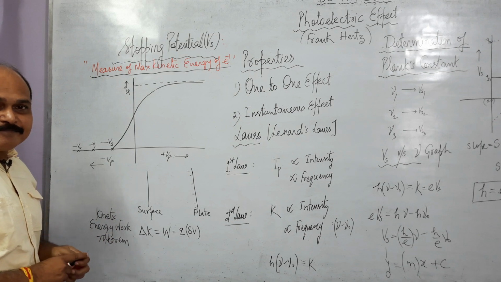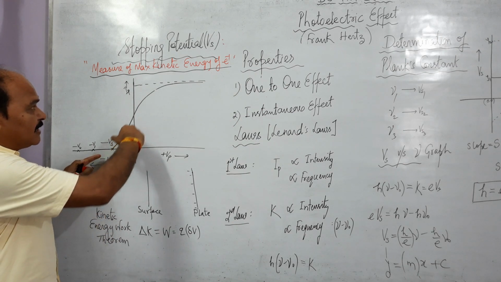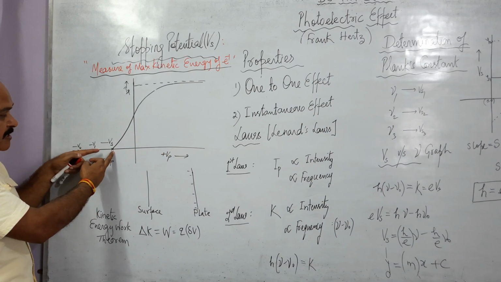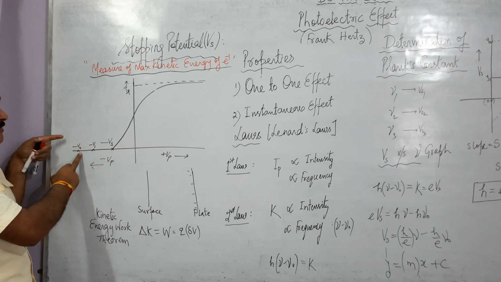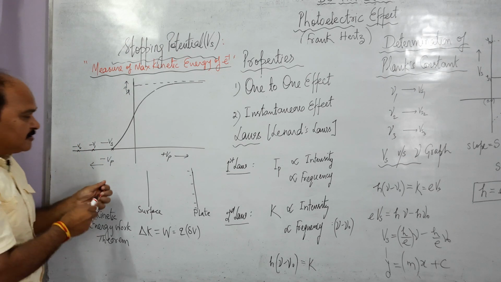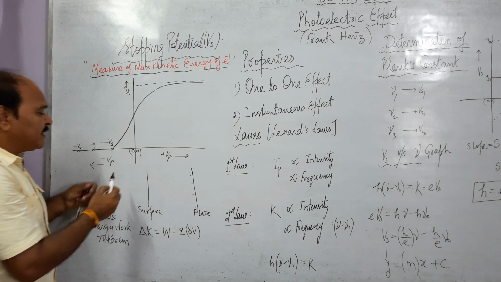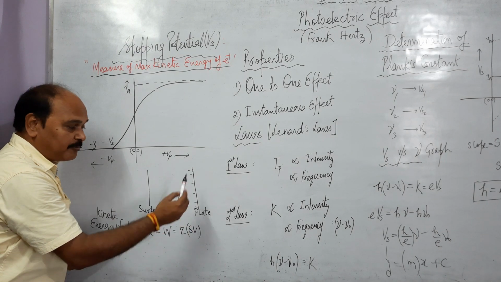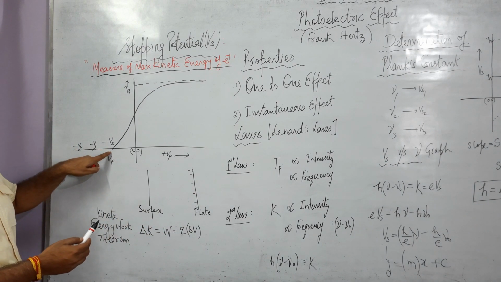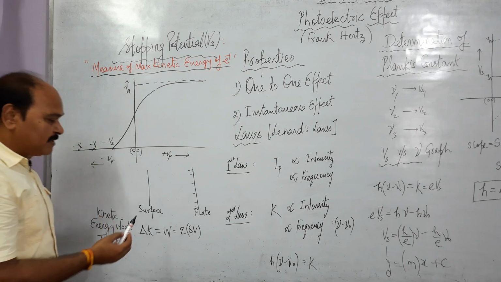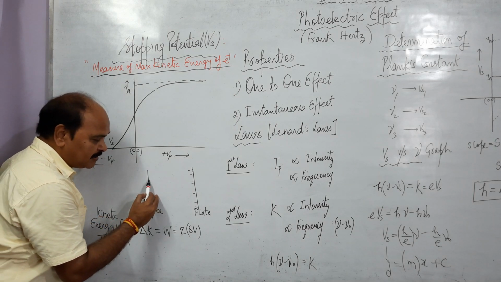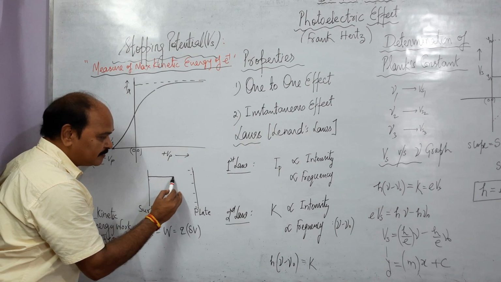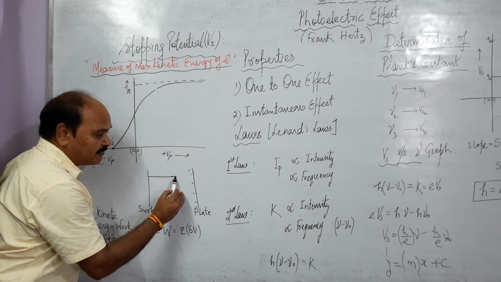Let us understand that. This is the IV characteristic curve of a photocell and this is the stopping potential. If we make the potential even more negative, say minus V1, minus V2, the current in the circuit remains zero. So what is happening at stopping potential? This is your photoelectric surface, this is the plate. If the potential of the plate is minus Vs, what happens? The electrons which come out from the surface approach towards the plate, but they are just not able to reach the surface.